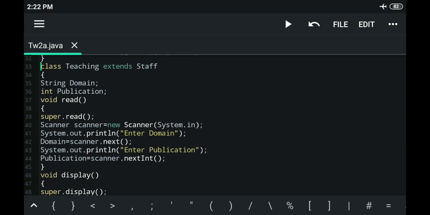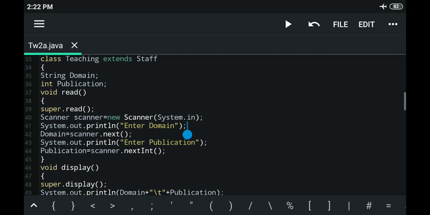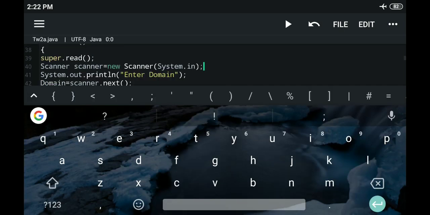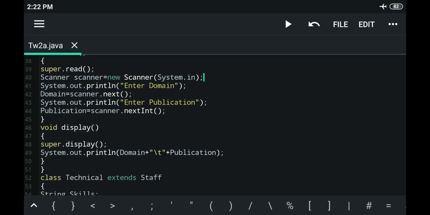Then we have three different types of staff. The first one is of the type Teaching. We define a class called Teaching that extends the properties of class Staff.